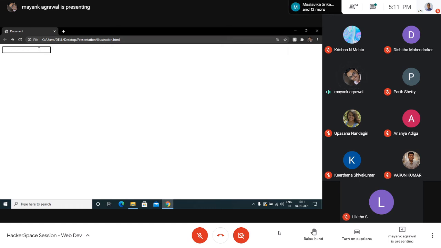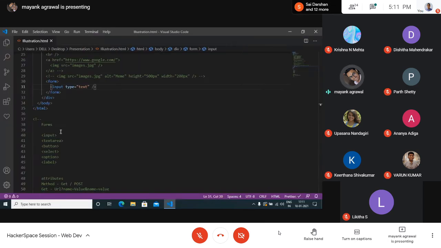So there are certain disadvantages, I would say, because if you just look at it, you won't really get an idea about what this is like. Why is there a triangle over there, right? So what I would like to do is add some placeholder.